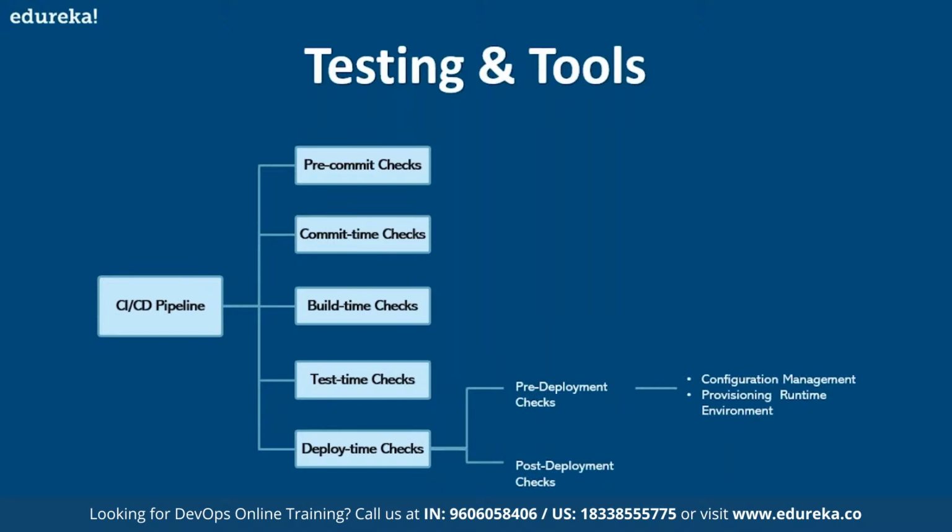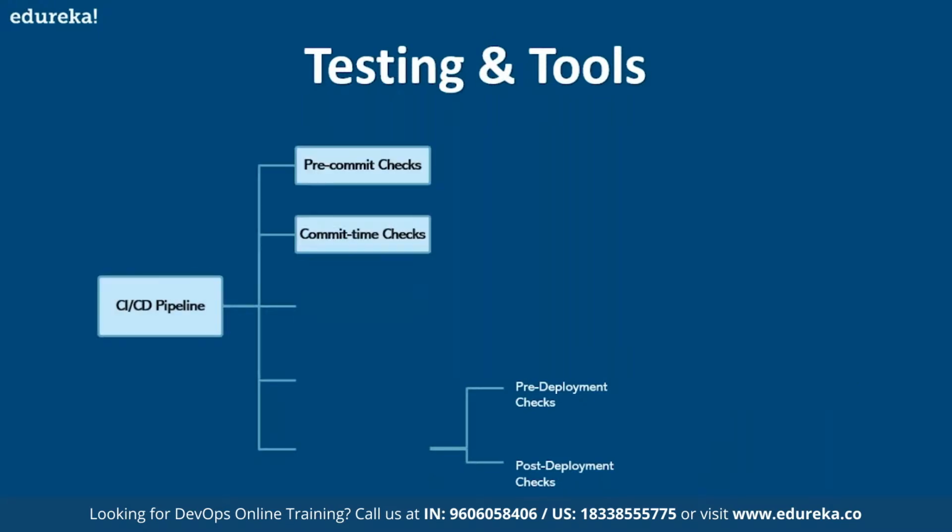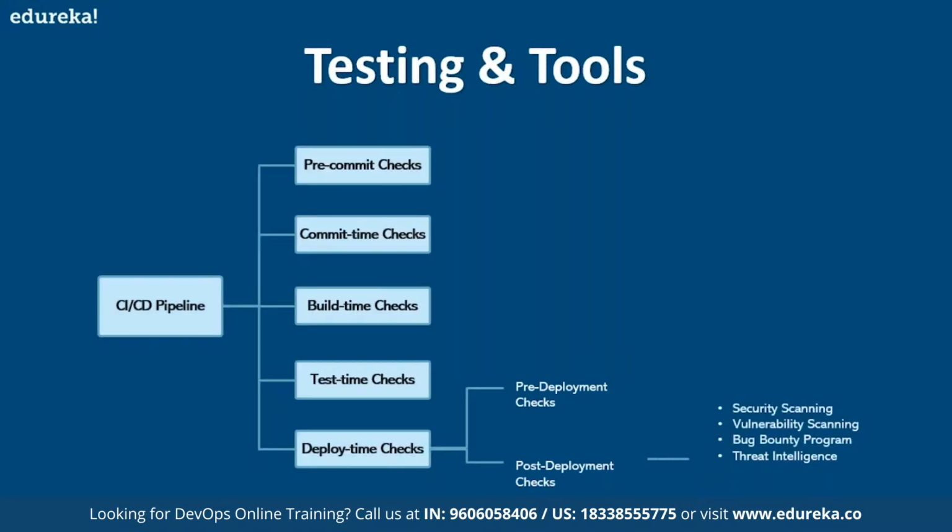Coming into the last time, when we'll do checks for deploy time, we'll take care of configuration management and provisioning runtime environment. And secondly, we'll have a look at post deployment checks, that is, after the deployment has been made of the application. We'll have the security scanning, vulnerability scanning, bug bounty program, and threat intelligence. So these 4 aspects will be looked into. So these were the major steps when we make different commits at different stages of software development in